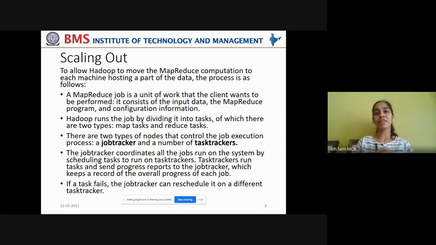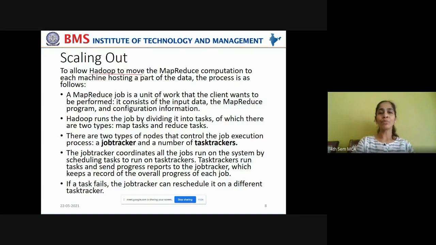Because that is the real scenario, right? Why do you use distributed computing? Only when you come across large volumes of data, correct? So we have to see how to scale out our task, how to increase the capacity of our task in order to work with large volumes of data.